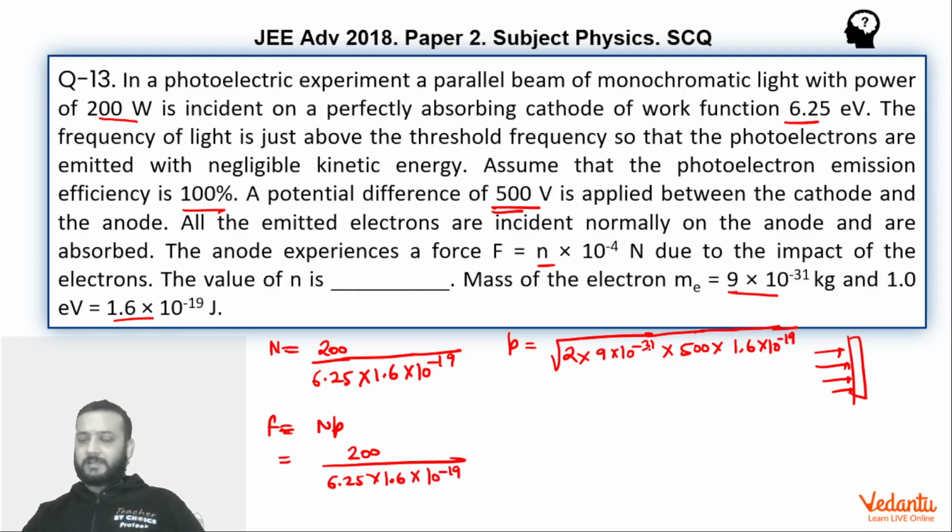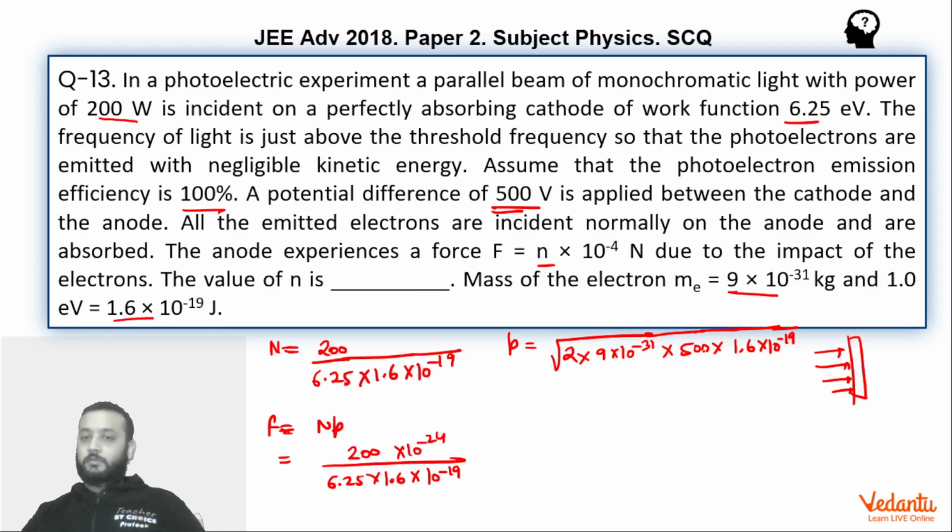So if you see this minus 30, 500 into 2 will become 1000, and minus 31 and minus 19 will become minus 50. So take two zeros from 1000, not three. I'll tell you the reason. So take two zeros from 1000. So that will become 10 to the power minus 48 rather, minus 31 and minus 19 will become minus 50, and minus 50 into 100, so it will become minus 48, which will come out as minus 24, right?